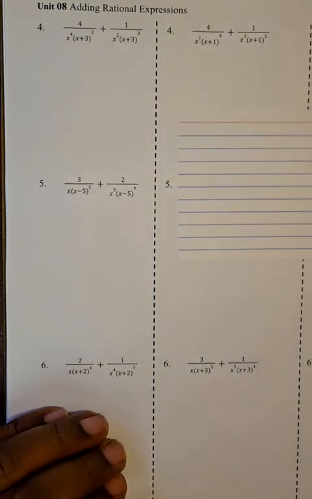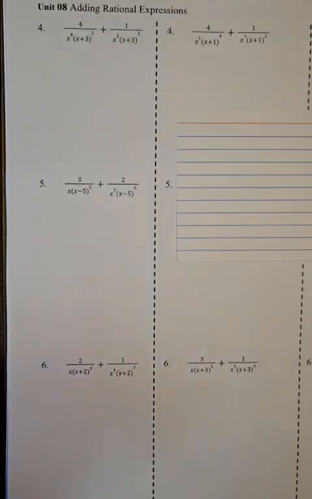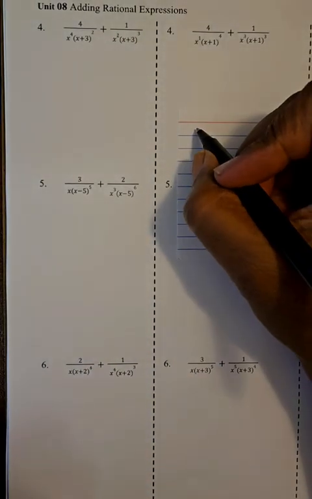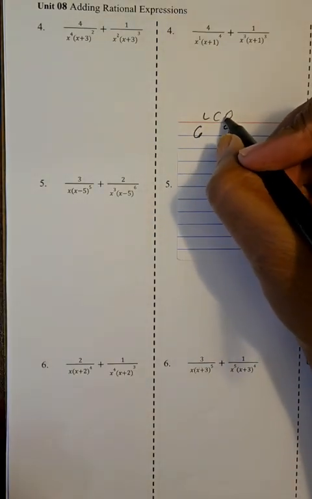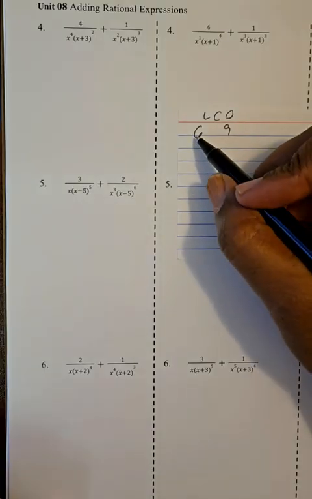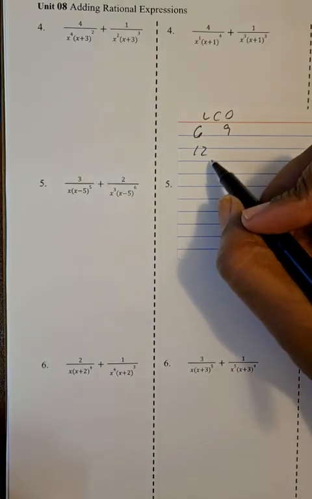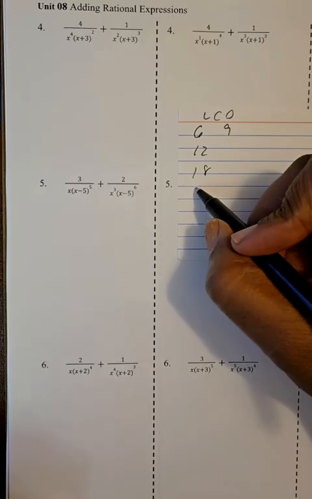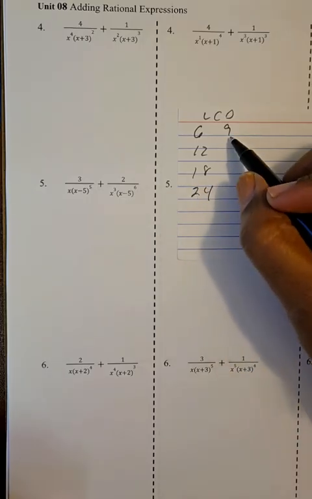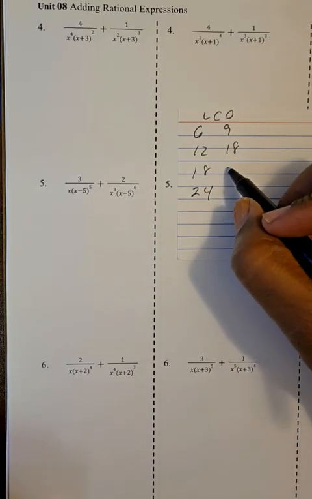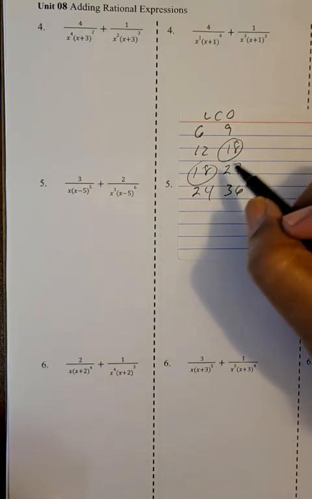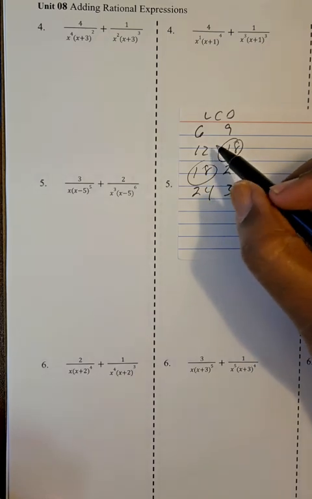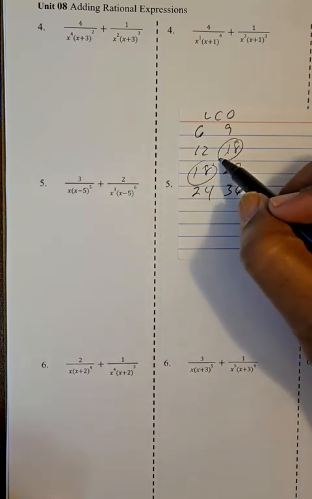Adding radical expressions. Okay, first we need a common denominator to put these together. And as we said before, let's say we had 6 and 9, and we're looking for the least common denominator for a fraction. We'll go through the 6 times tables: 6, 12, 18, let's say 24. Then the 9 times tables will be 9, 18, 27, 36. And see here, these have 18 in common, and that's the least that they have in common, and we'll use